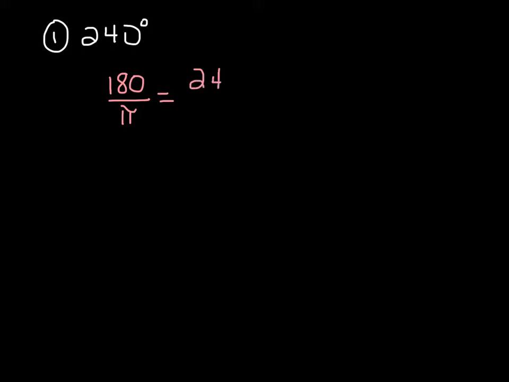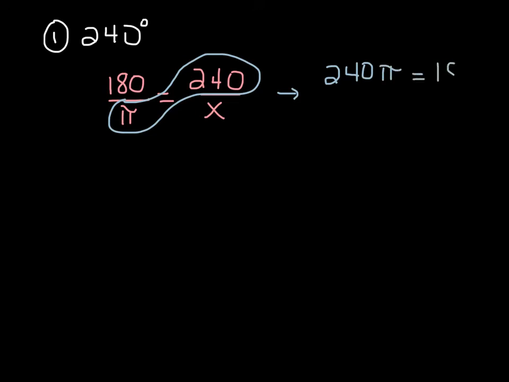And the first one is 240 degrees. So here's how I'm going to set this up. I'm going to start with that 180 over pi. And since that 240 is in degrees, I'm going to put the 240 across from the 180, and I'm going to put my x there, because it's radians that I'm trying to find here. Now I'm going to cross multiply. Now when I cross multiply, though, I'm not actually going to multiply 240 times pi. I'm going to just write it as 240 pi